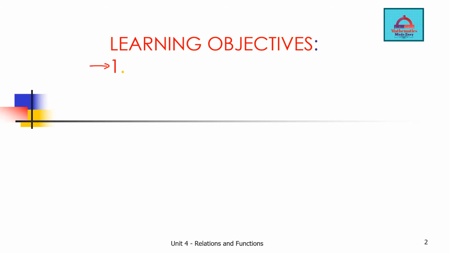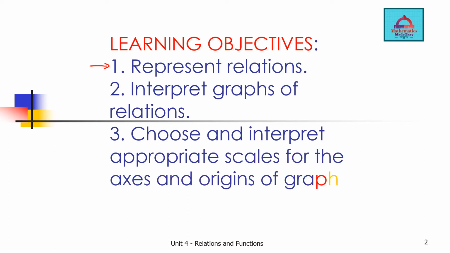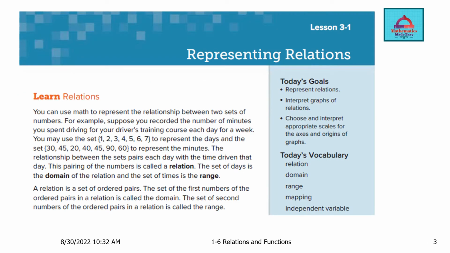Our learning objectives for today's session are to represent relations, to interpret graph of relations, and to choose and interpret appropriate scales for the axes and origins of graph. So first of all, we will look at the learning objectives as we have already stated, and now let's see